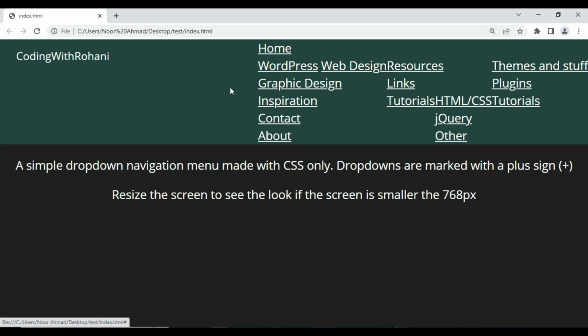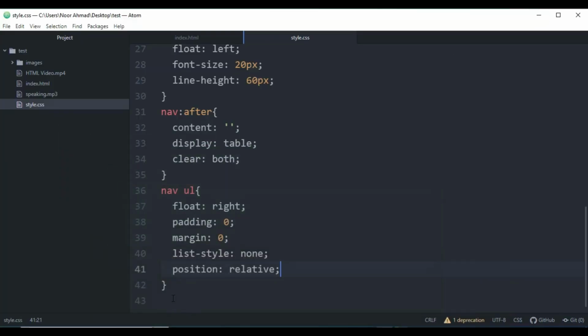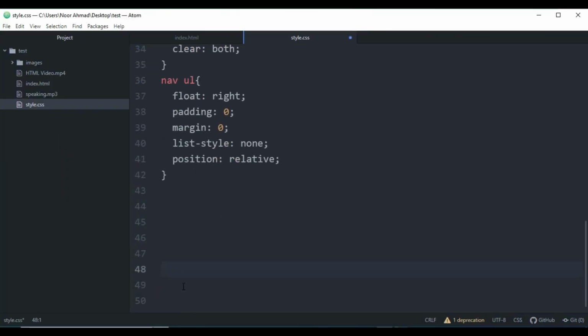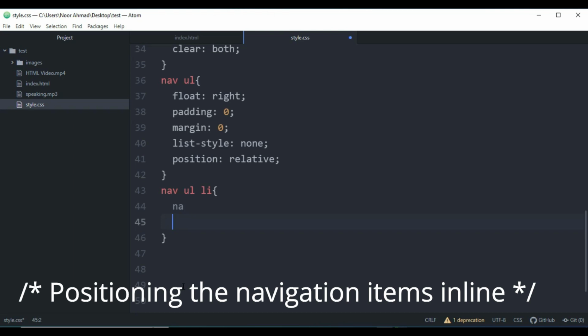So as you can see, this is our web page. It looks like this for now, and we need to do a lot more stuff to make this responsive and look nice. So for this, let's jump over again to the CSS. So let's target the navigation, nav, UL, and li. So let's add margin